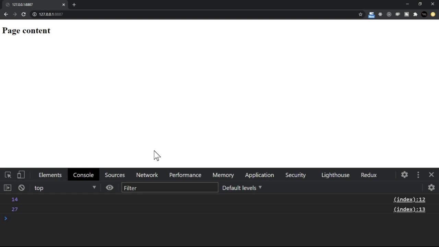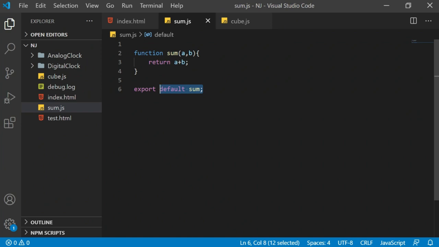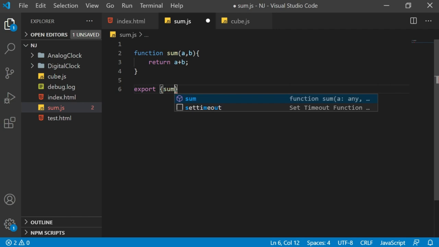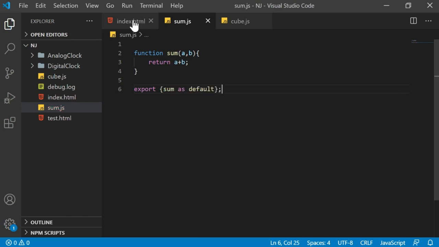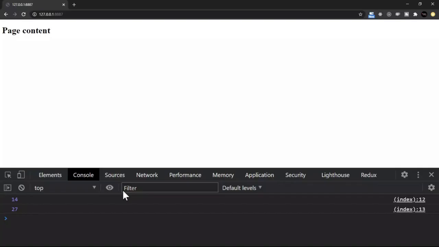Let's again go to the output to check everything is working fine. Another syntax you can use to export is the bracket form: export, in brackets, sum as default. This is also a valid syntax. Let's just refresh the page and you see that the output is the same.